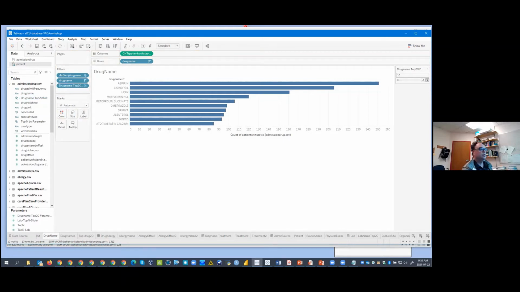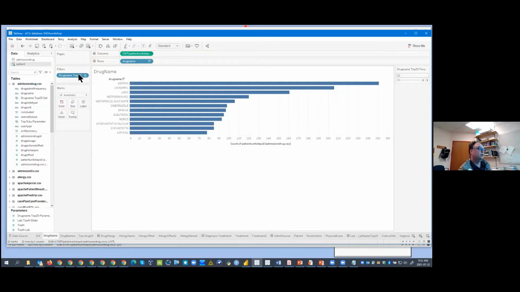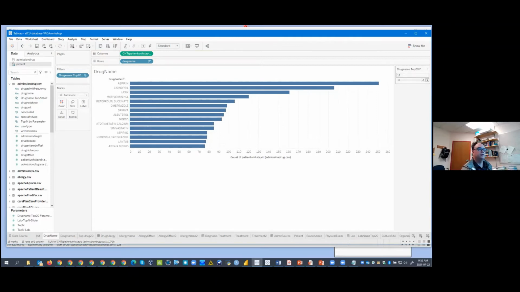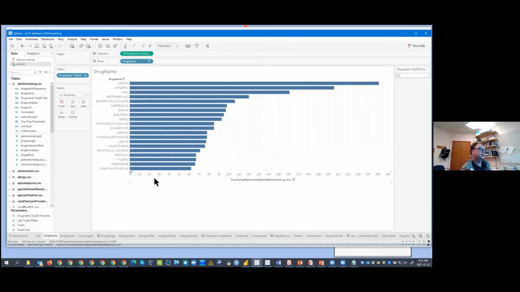And then we can just take this and fix it in here. And so when it goes up, oh yeah, so when you place it in the filter, you've got to remove the other filters that you have currently. But when you place this set in the filters, then it gets dynamic and uses that slider. So it gives you up to 15 here. You can use the type in. Gives you that list of the 20